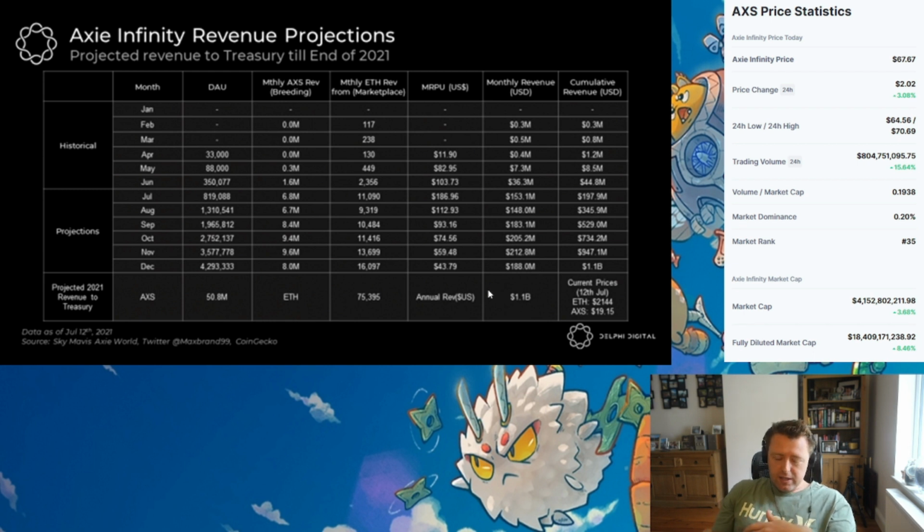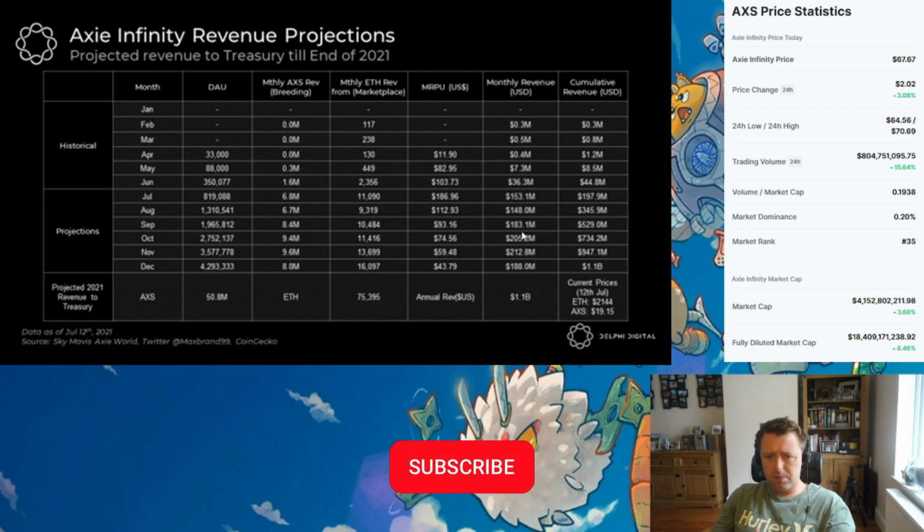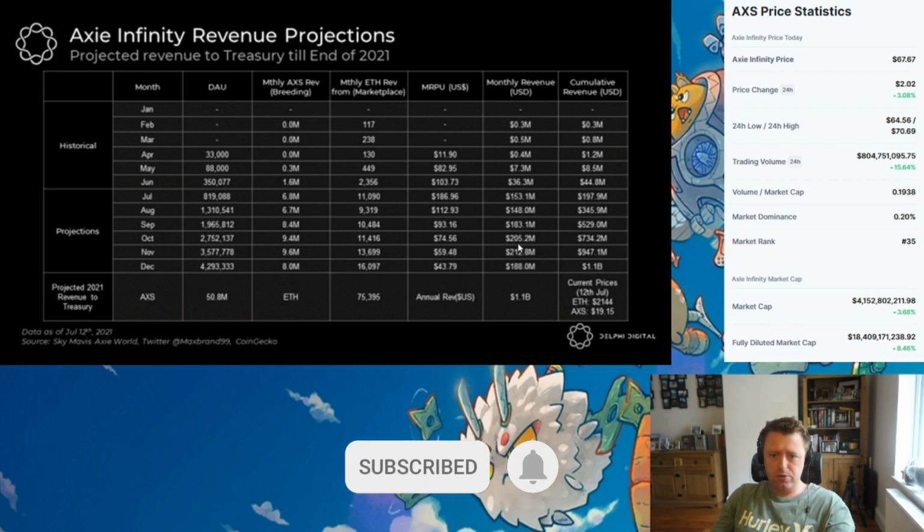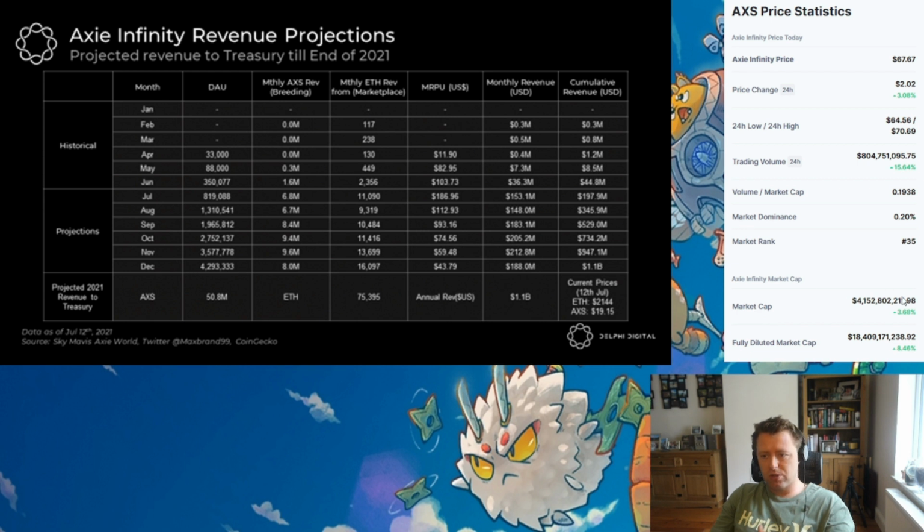And this starts to highlight, if you look at this and you look at the current market cap based on circulating supply at 4 billion, and you think, oh my god, they're getting 1.1 billion in revenue this year, and it's just going up and up and up. If you take 200 million as an average, they'll comfortably maybe 2.5x that next year. So they're going to make their entire circulating supply market cap almost in revenue in the next 2 years, which would make you think that this is grossly undervalued.